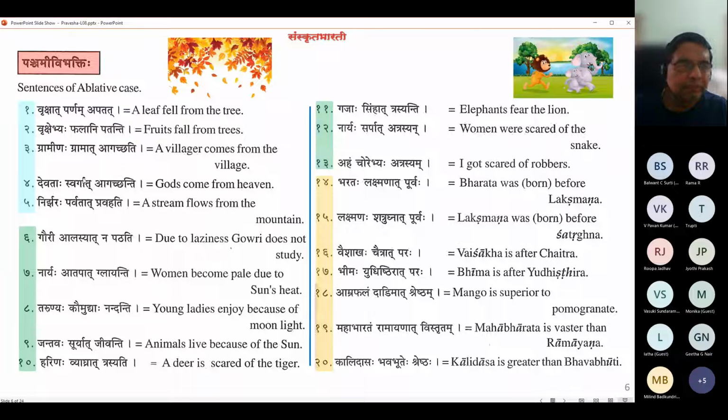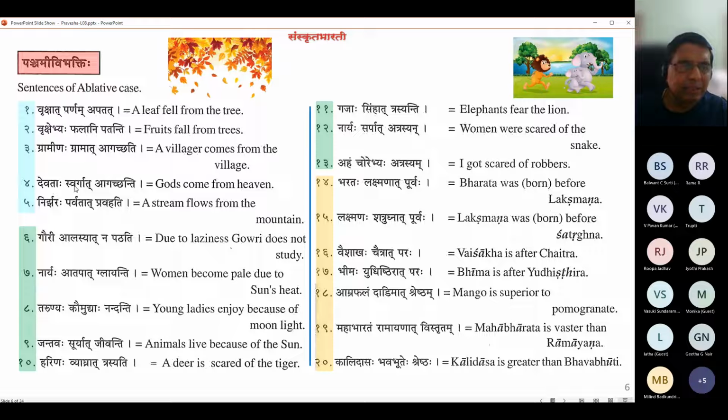These five sentences that Mahodaya has read so far belong to the actual kind of source of something physical. The leaf is a physical thing that separates from the tree. So the sense of separation is there in them. The leaf separates from the tree, the fruits separate from the trees. The citizen, Gramina, separates himself from the grama and comes.